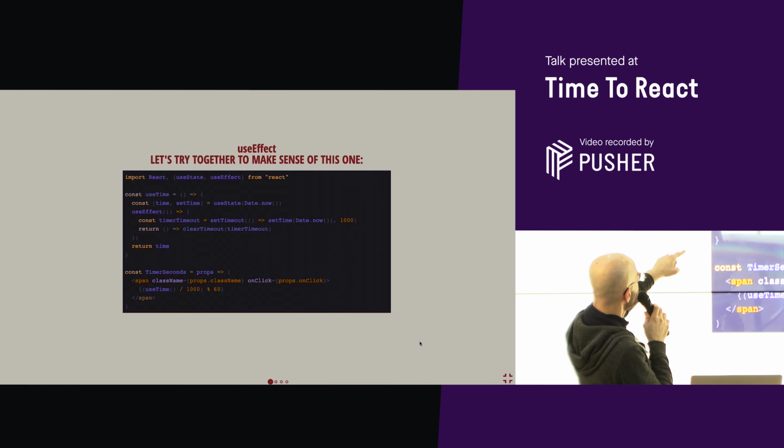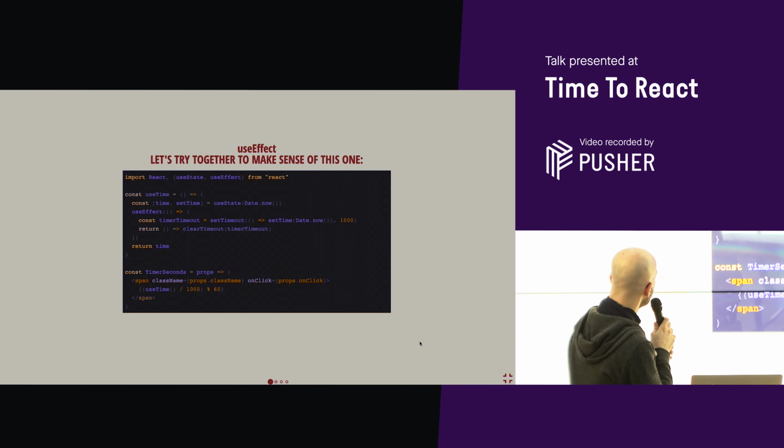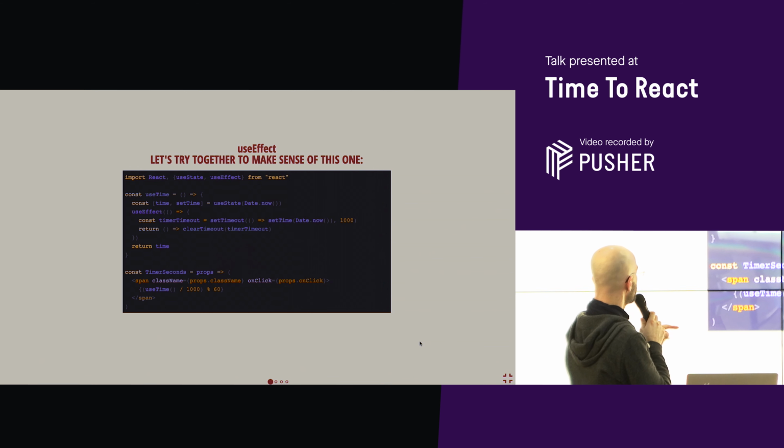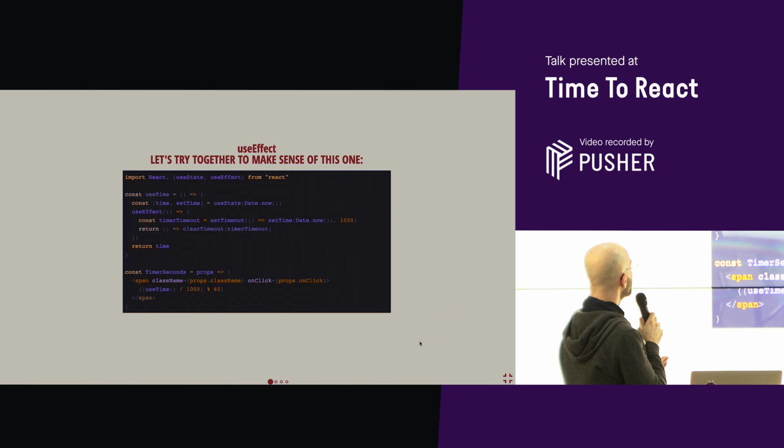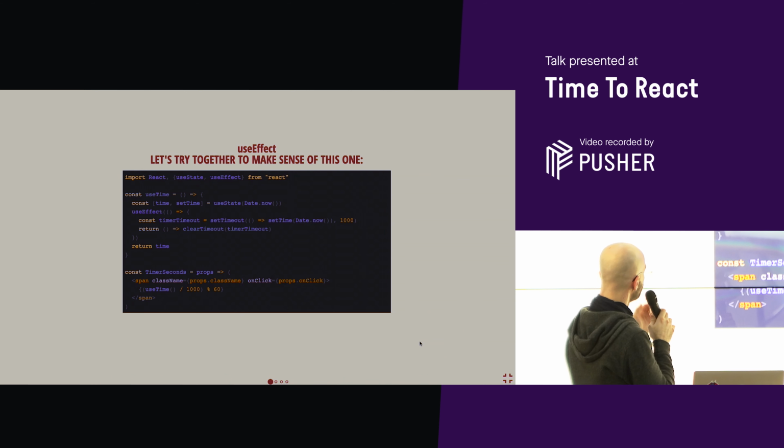There is also a return statement. We are going to check in the next slide what it does. And at the end of the line, if you want to try this kind of code, regrettably we don't have time, but I'm going to share this code in the comments of the meetup. We will see that it works just fine. So we created this very simple timer component that we can recycle and use everywhere we need.